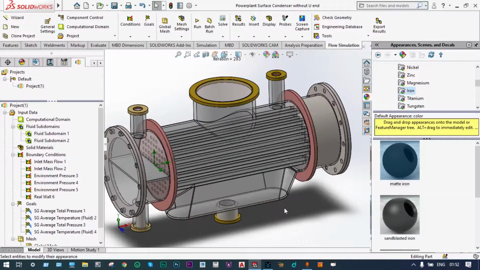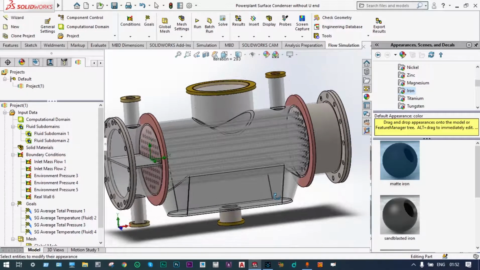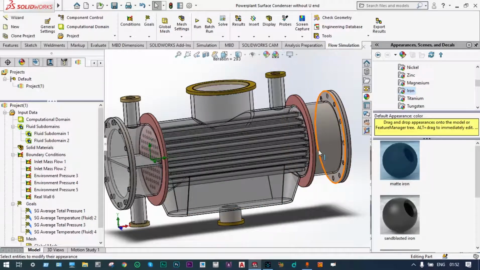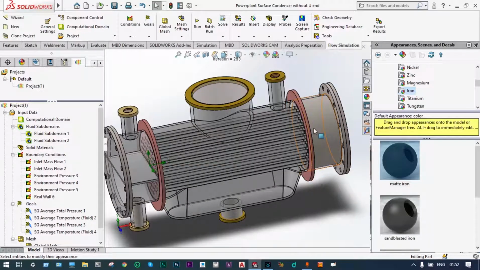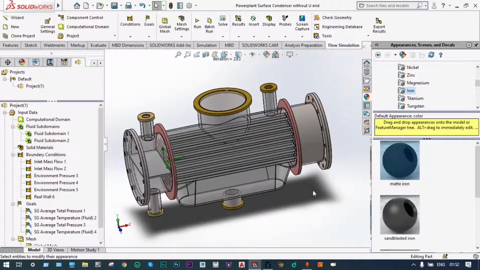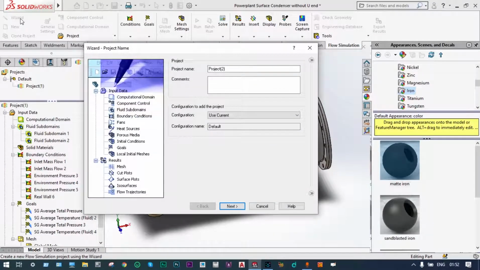What we have done for simplification of this simulation, we have removed the base, and the bent tube end we have converted into a straight tube. Okay, the lids have already been provided at all the different locations. For starting this flow simulation, we have to create an environment, and that will be done using the wizard. Keeping the name of the project as default project 2,